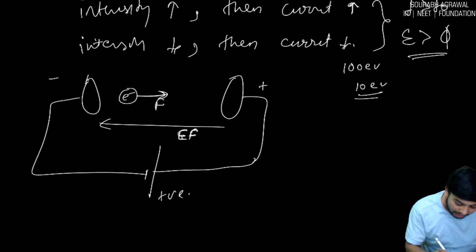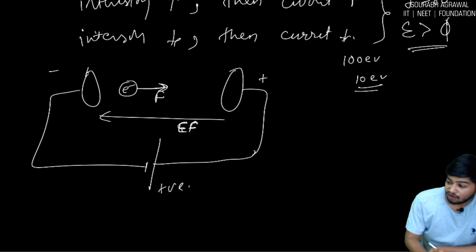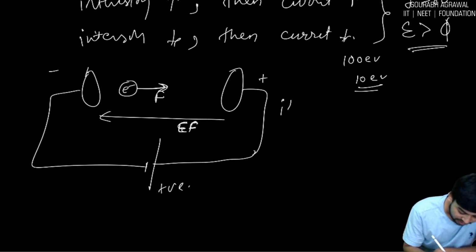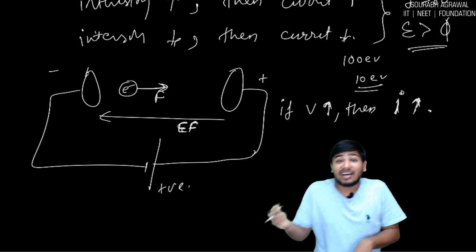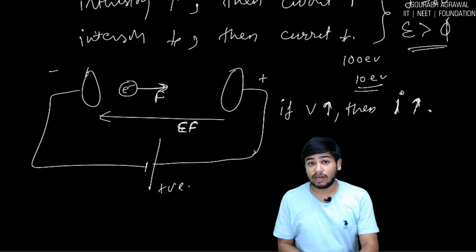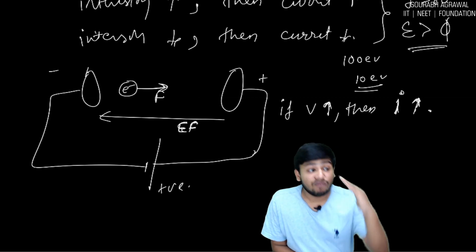So now what will happen? If V increases, potential increases. When potential increases, then current also increases. Are you getting my point? But only till one limit,